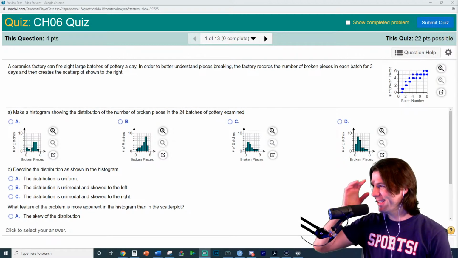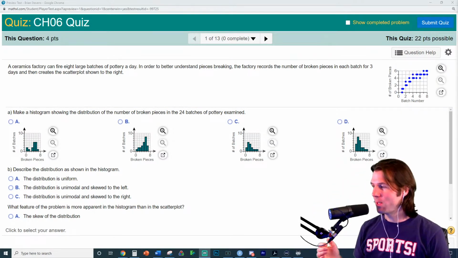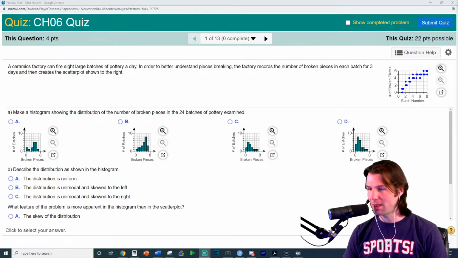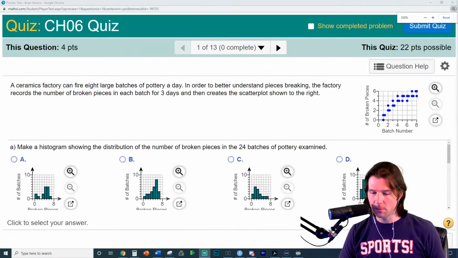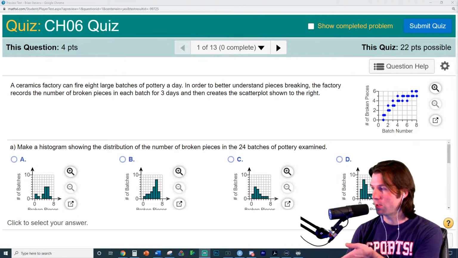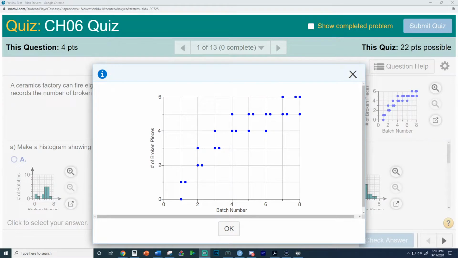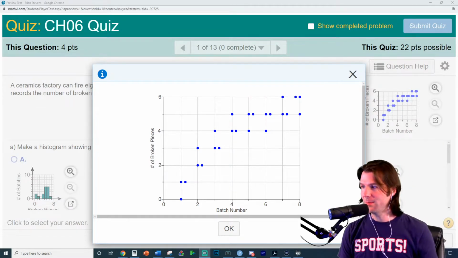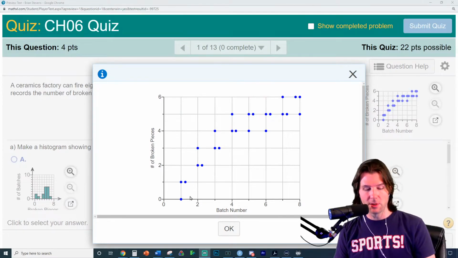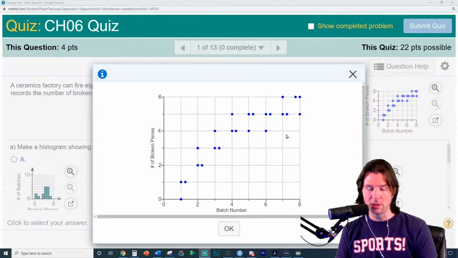It's Throwback Thursdays. So this question stumps a lot of people. It's kind of a good place to start. It's in yesterday's class video too, but a lot of people have to think about how we are reading this question. What does this data mean? The first thing you want to identify here is that this is a scatter plot. So with this being a scatter plot, it's a bivariate relationship. And we have here the batch number, and we have here the number of broken pieces. And I think they're doing a point jitter because they have the points kind of off the axis.